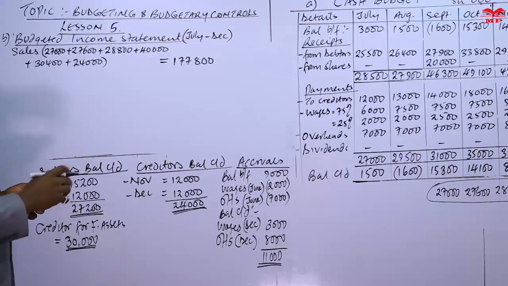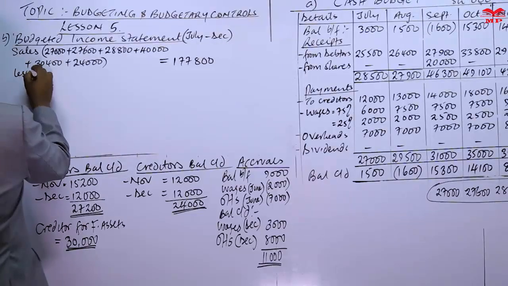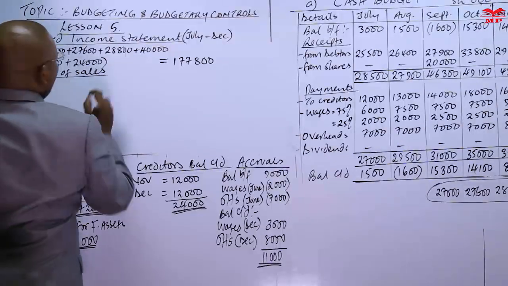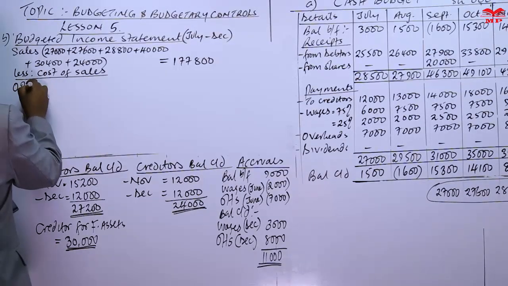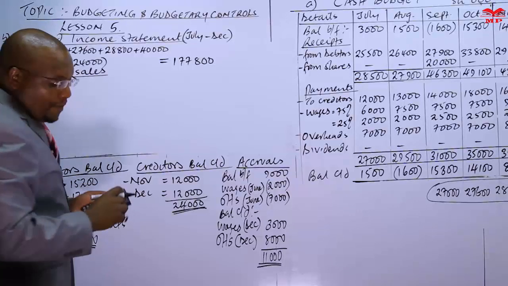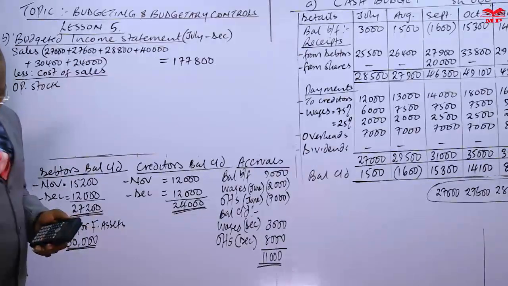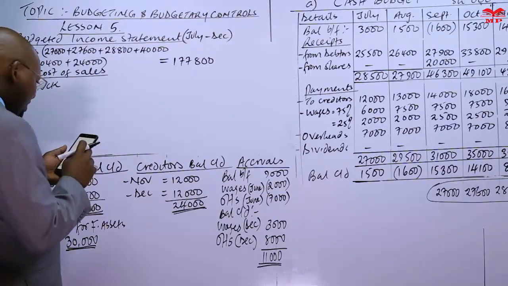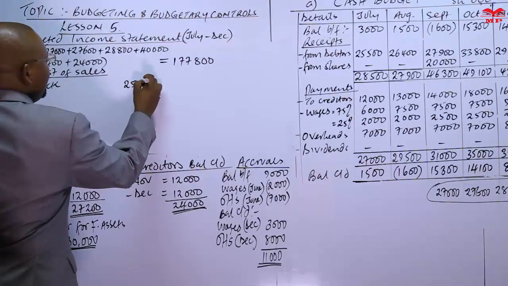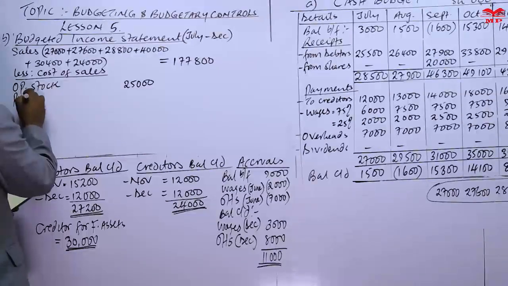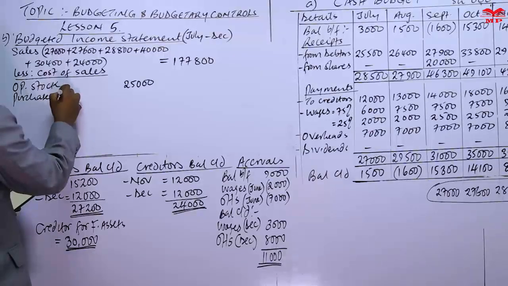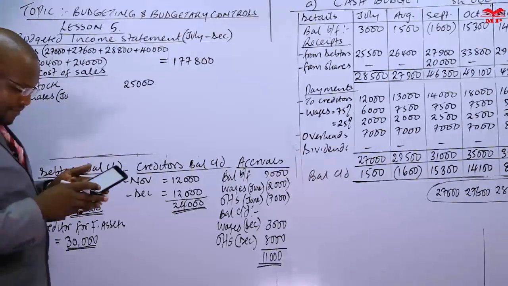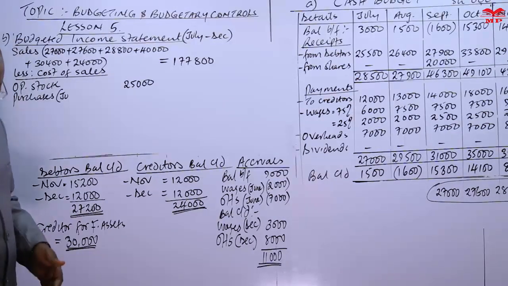Then we don't have any returns, so we can just subtract less cost of sales. The cost of sales is made up of the opening stock. Our opening stock has already been provided in the balance sheet, which is actually the closing stock in the balance sheet. The closing stock in the balance sheet is 25,000. We put it here, 25,000. Then you can have the purchases. Purchases for the month of July to December, if you add them, we'll discover that we have